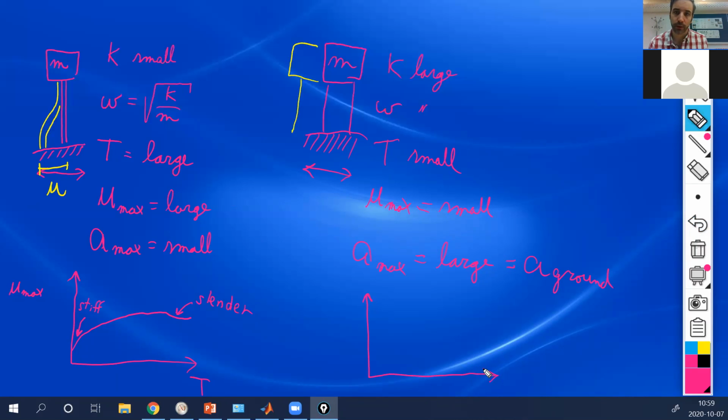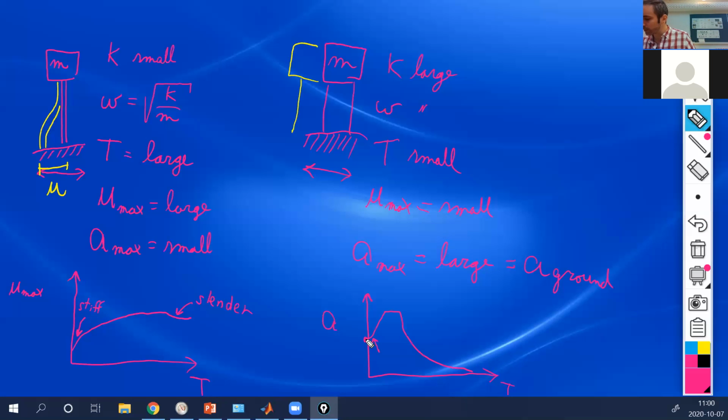But now I can draw a similar plot for the acceleration, with the periods. And they look something like this. If you take the shape from the Eurocode, but also from the real examples that I showed you, they look something like that. And again, like we were saying, a stiff structure will be somewhere here with a large acceleration,